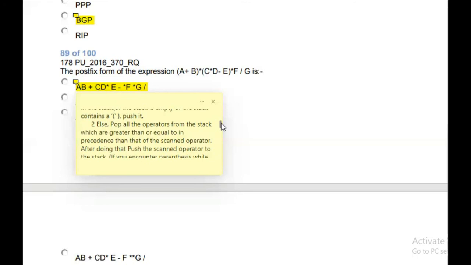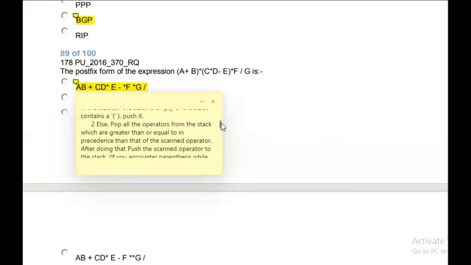The next highest precedence is multiplication and division, and the lowest precedence goes to addition and subtraction, plus and minus. So if the stack contains multiplication and division or the raised-to operator, and we are going to push a plus or minus to the stack,